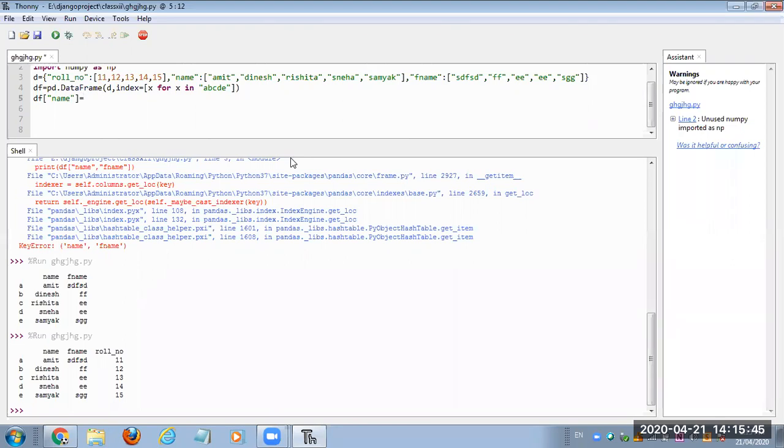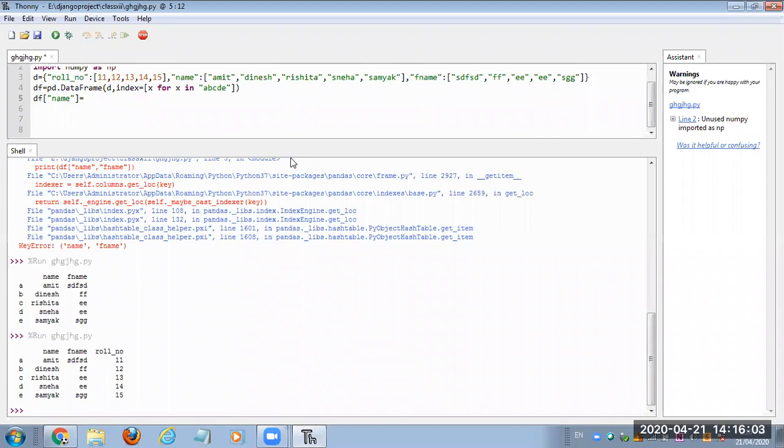So like a dictionary, if that particular key exists in the dictionary, then it will update the existing value. And if that particular key does not exist in the dictionary, then it will add a new item in the dictionary. So similarly, it will do with this also.